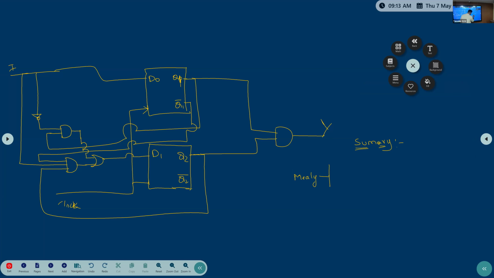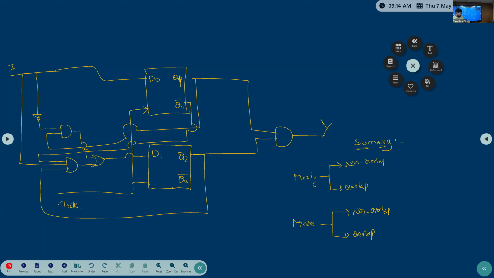Mealy, two cases are there: overlap and non-overlap. Yes, overlap. So now if you observe, whatever the Mealy non-overlap case, okay,